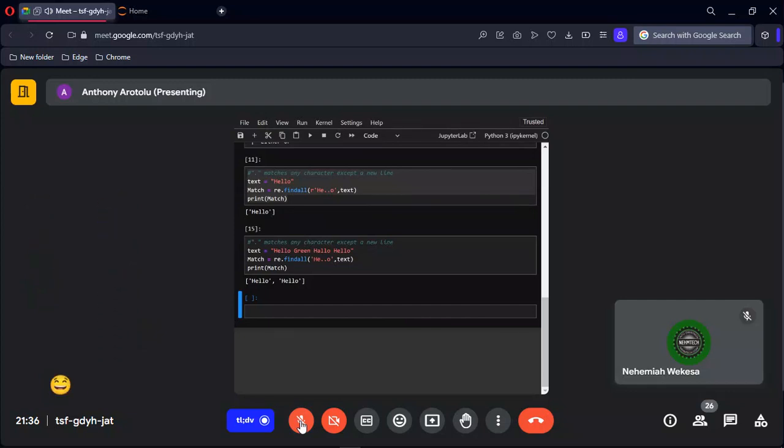So you can see that we have demonstrated the use case of the dots. It matches the character. Now, for example, if we have a multi-line string,